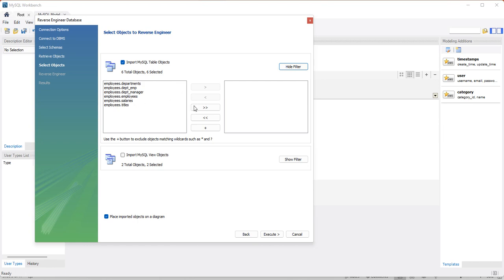In the middle, we have signs such as greater than, which is the first icon. It's used to move a table from the first box to the second. Once a table is moved from the first box to the second, it means that it has been excluded. You have removed it so it will not be included when creating the ER diagram. Let me just do that. I'll click on the departments table, click on the greater than sign button,